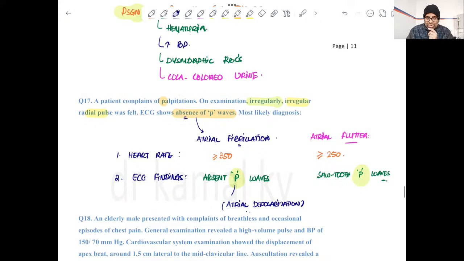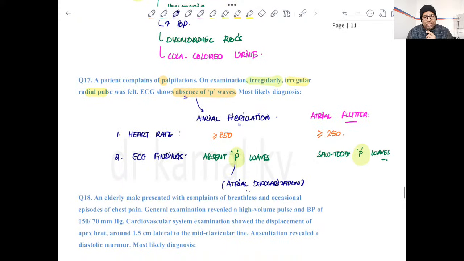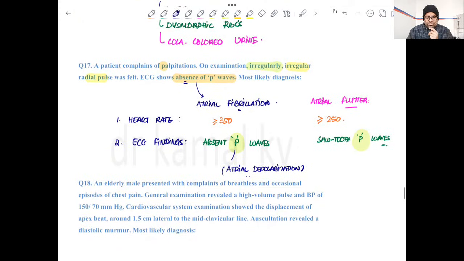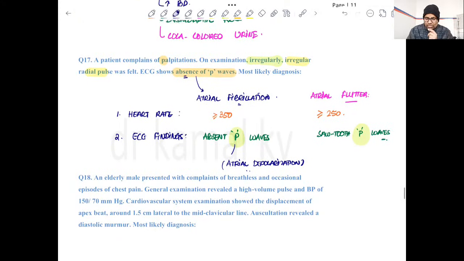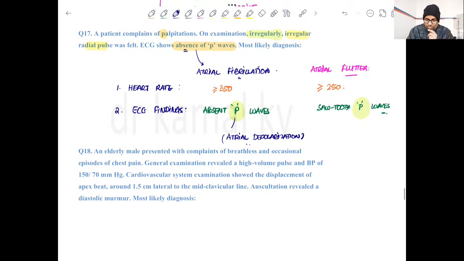The moment you get the word absent P wave, straight away jump to your answer, atrial fibrillation. And the moment you have sawtooth P waves, straight away jump to atrial flutter. And at times, if the question is very lengthy, always look for that specific word that is sufficient to mark the answer, right? So rather than exploring all the options, if you get any of the keywords, there is no sense in running after the other points in the MCQ statement. Moving forward,